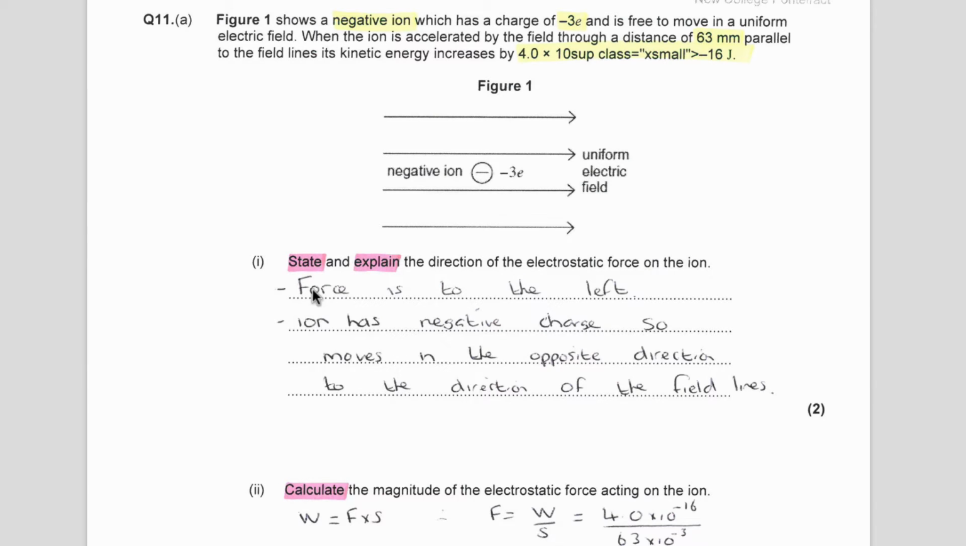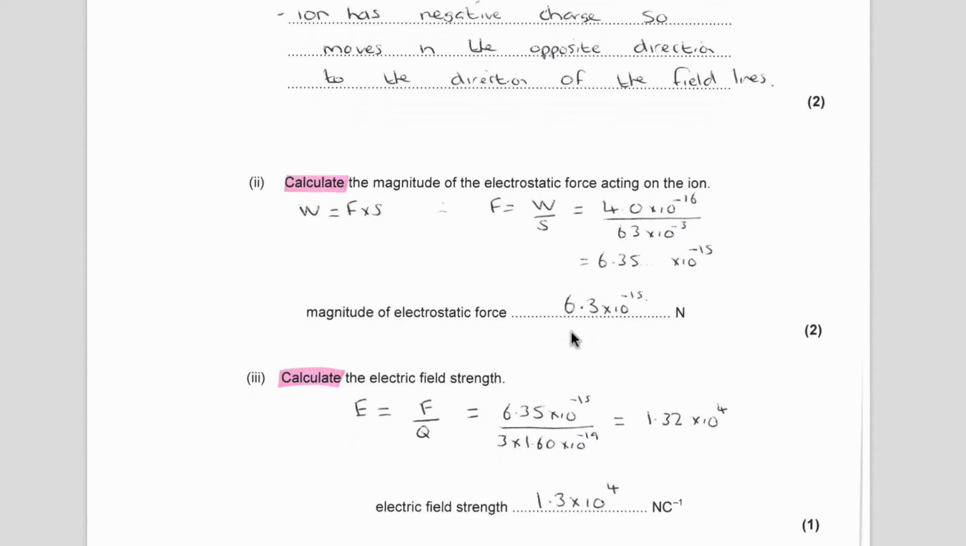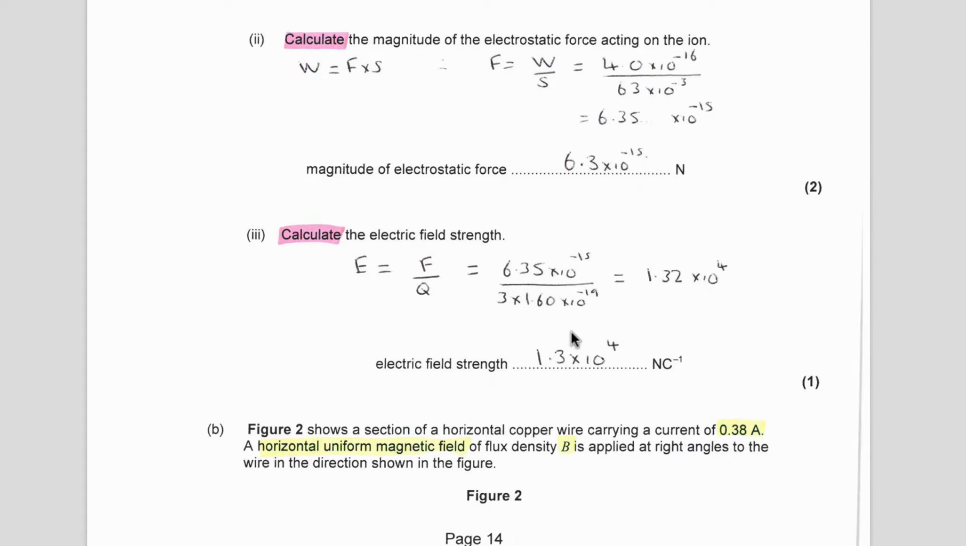So for 2 marks, the first point is 1 mark, and for the second mark you simply have to say that the ion has a negative charge. For part 2, we're then asked to calculate the magnitude, or the size, of the electrostatic force acting on the ion. Now this is a slightly tricky question